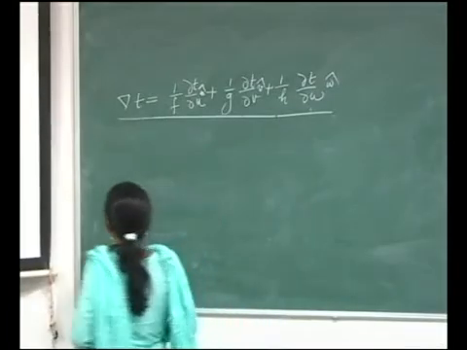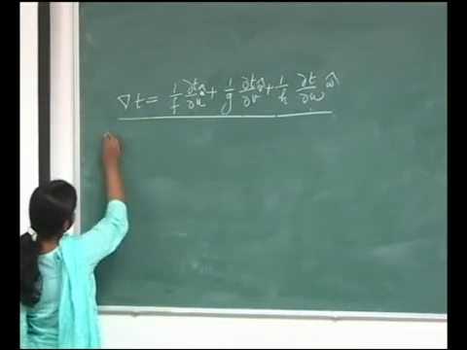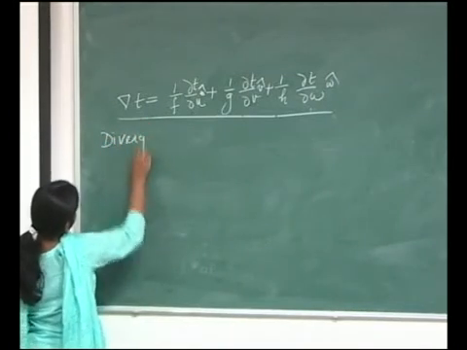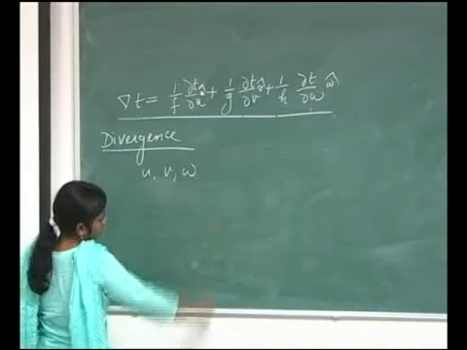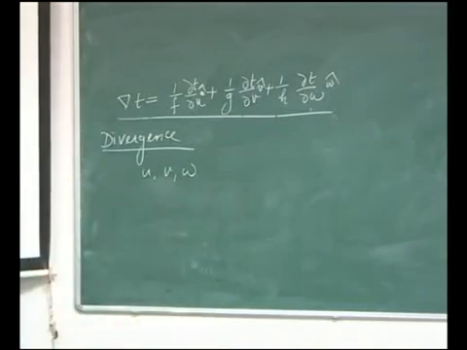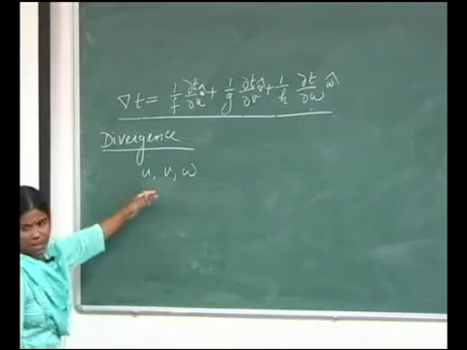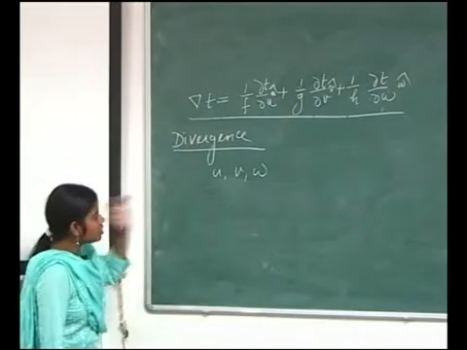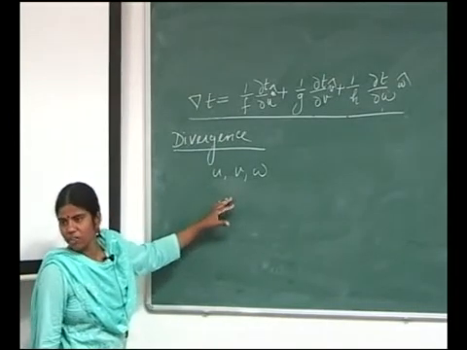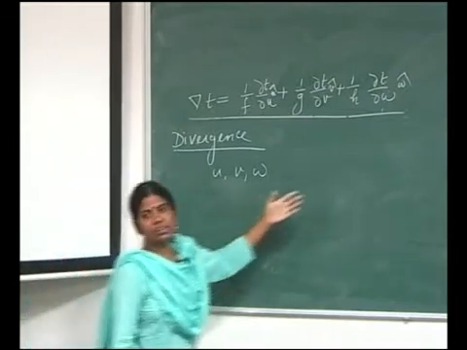For divergence, I again have the coordinate system u v w. When I have to calculate divergence, I will just remember the fundamental divergence theorem. The divergence theorem converts a surface integral into a volume integral. F dot dA is equal to del dot F d tau, that is the same, right? So I would first try to calculate the integral over a given surface, and then I will try to convert it into a volume integral.